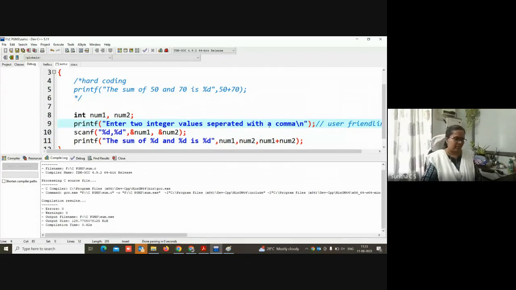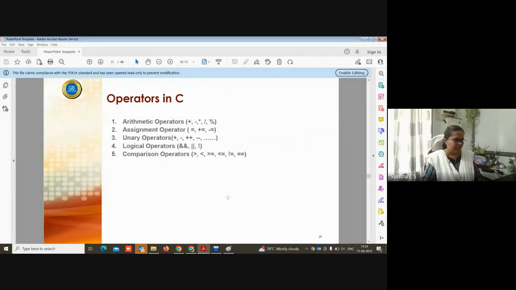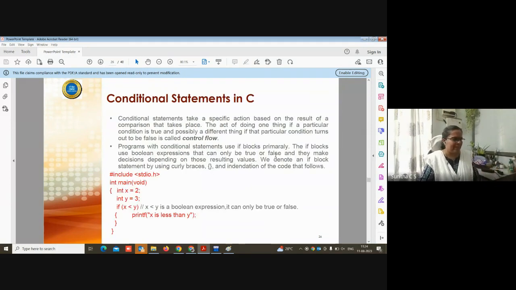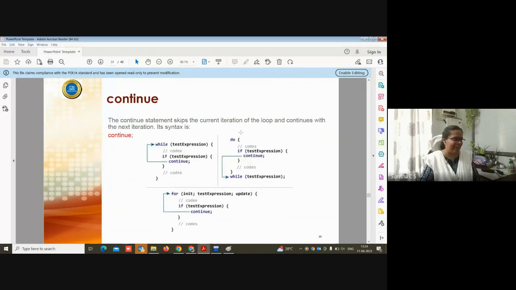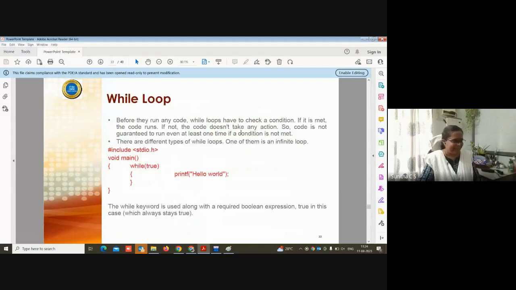Okay, ma'am. Okay, so is that clear now? So sometimes maybe on Monday, come prepared for being at least for 2 hours, because I don't know whether I'll be able to cover it up, because operators, anyway, you know operators, but just examples we can see, then conditional statements, if else, break, continue, switch, then loops, then arrays.